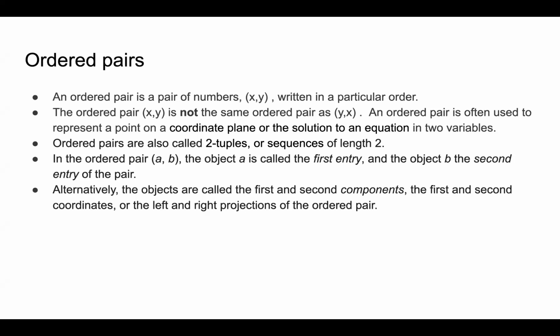And the solution to an equation in two variables. Suppose x and y are two variables in the given equation. Finding those values of x and y, that will also be the ordered pair. Okay, so did you get the ordered pair, what it is? x and y.